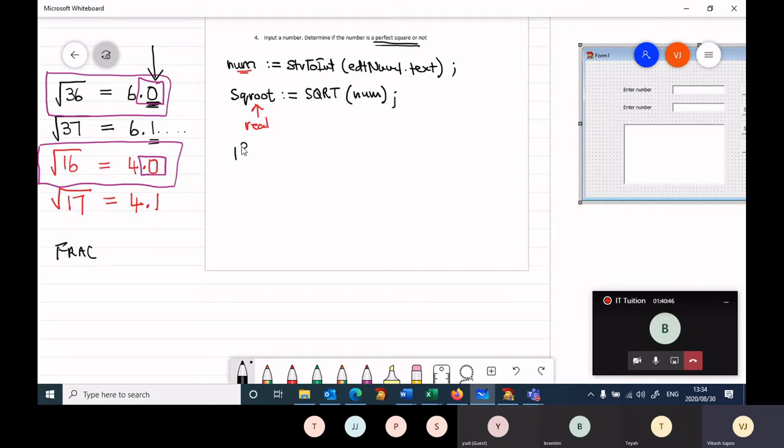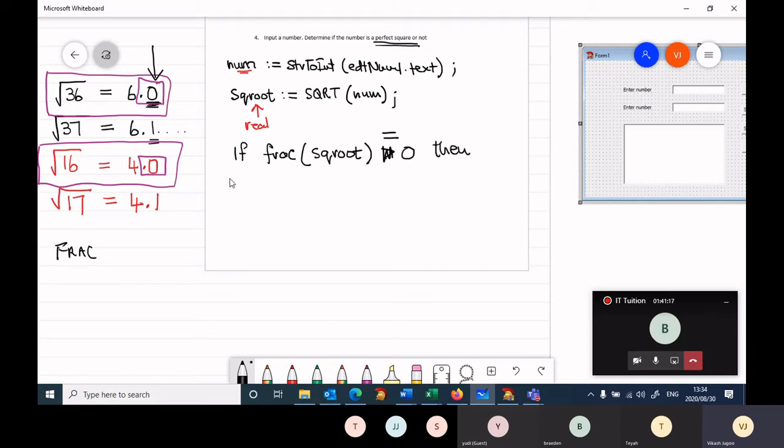So I'm simply going to make a check if frac of the square root that I just worked out, sq root, is greater than 0. Or maybe I should have said if it's equal to 0, let's do that. If the fractional part of the square root is equal to